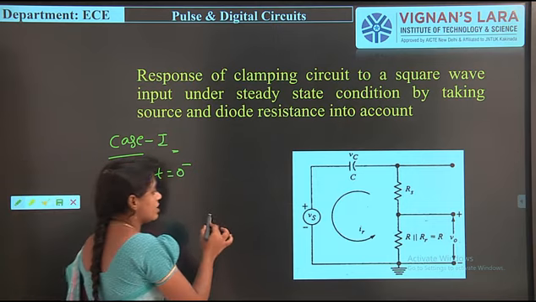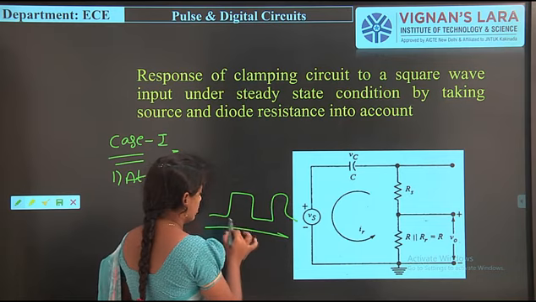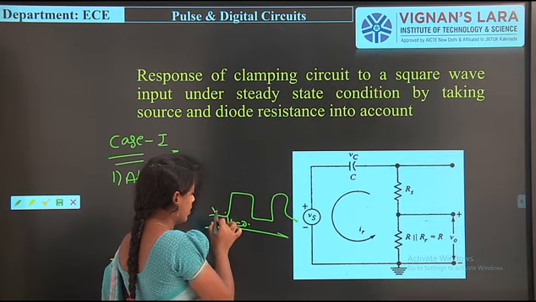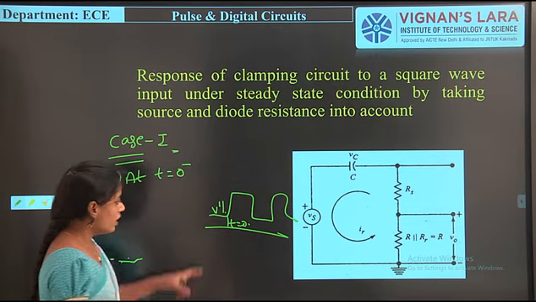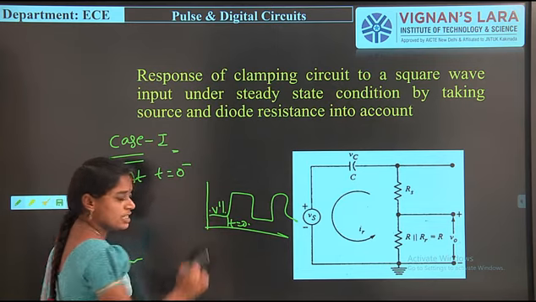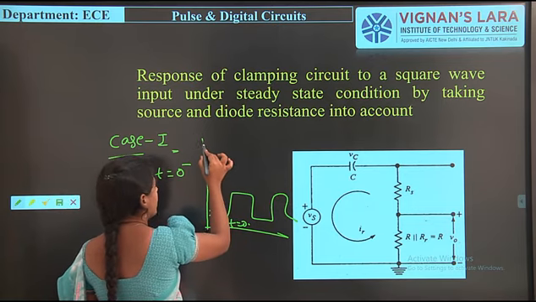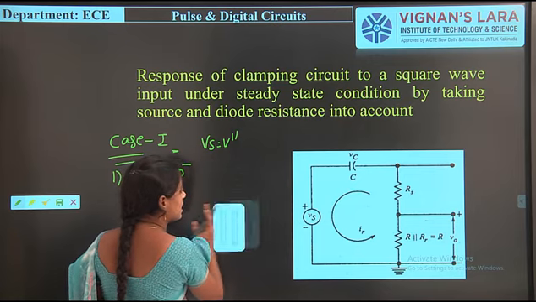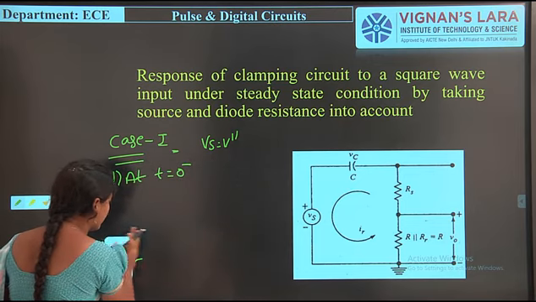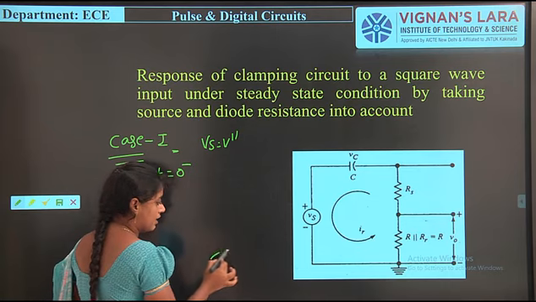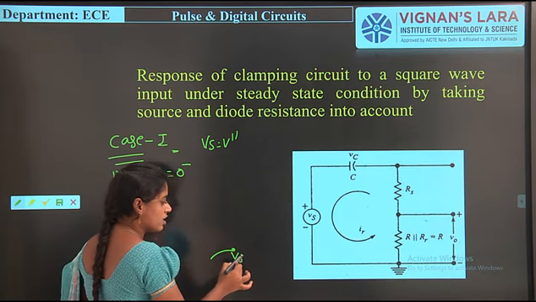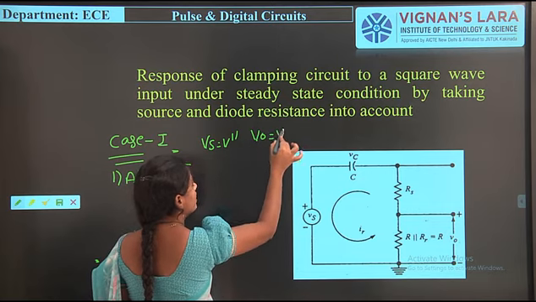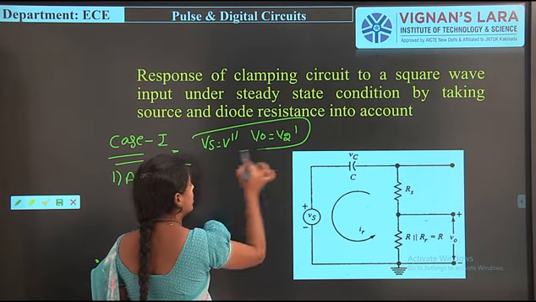Obviously the input signal will be like this. So this is t is equal to 0. Here the below signal is nothing but the t is equal to 0 signal. So in this time this is the input signal, which is represented with Vs, that is Vs is equal to V double dash. And what is the output signal? Just observe the output waveform. The output starts from this line, that is V2 dash. So the output V0 is equal to V2 dash. So I have to indicate this input and output.